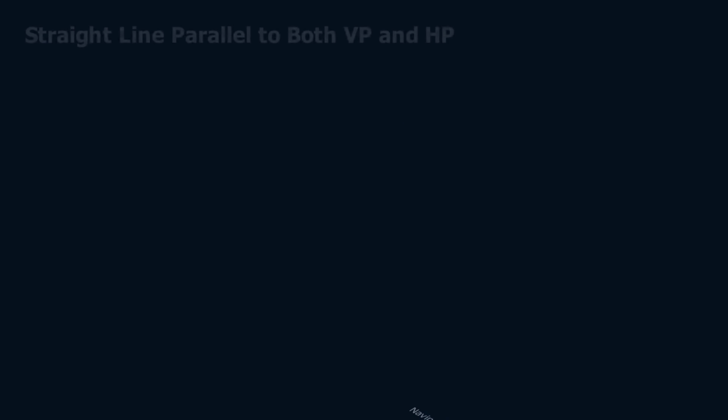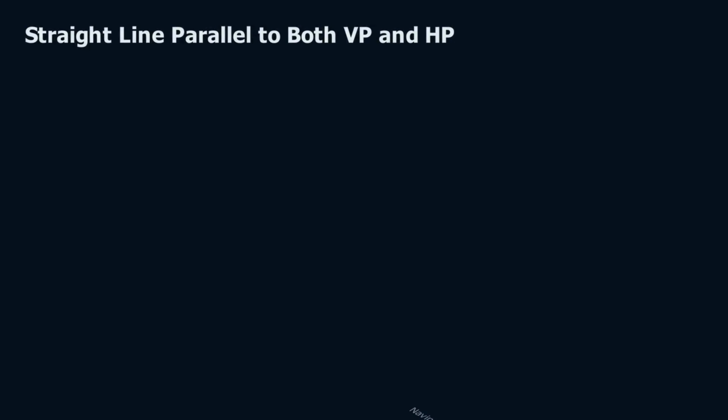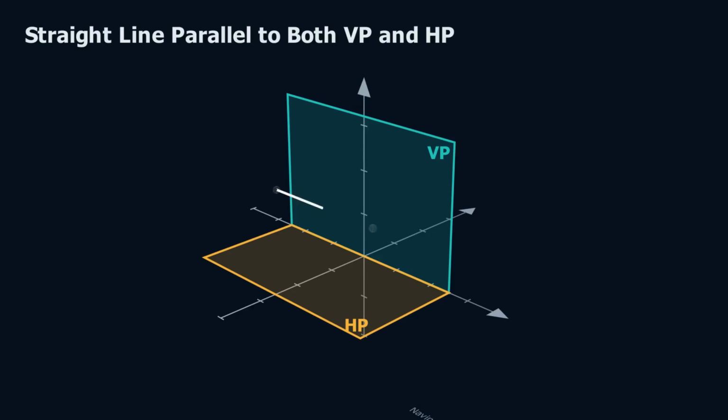Now, the appearance of the projections depends upon the orientation of the straight line with respect to the principal planes of projection. Let us begin with the simplest possible position. Consider a straight line joining points A and B, placed in the first quadrant, above the horizontal plane and in front of the vertical plane, as required by first angle projection. Observe that both endpoints are at the same height above the horizontal plane. Since every point on the line is at the same height above the horizontal plane, the line is parallel to